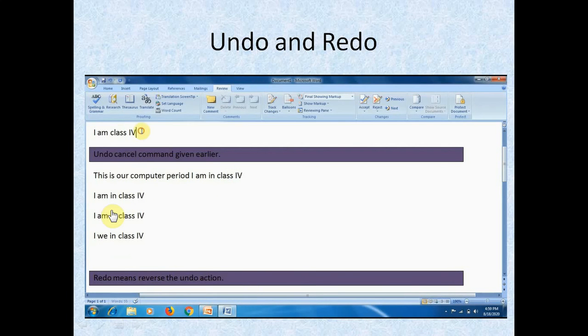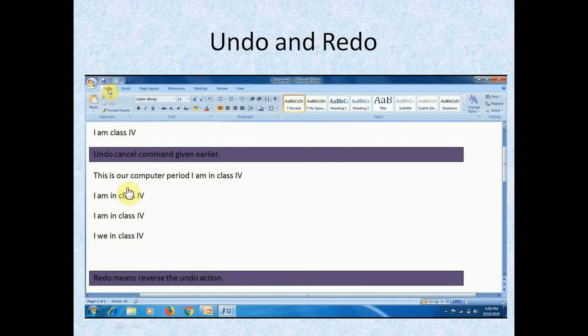Okay. So here we have typed our computer. Now let's go to this. Undo and redo is given here also, and in the Home tab also undo and redo, or sorry, not Home, it is given here only. As you click you can see the changes.